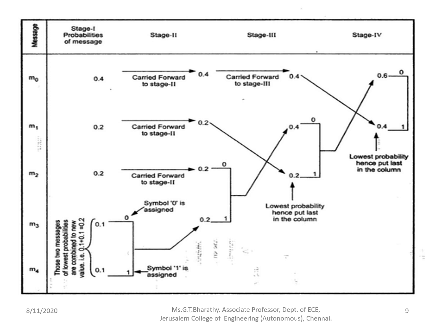And 0 and 1 are assigned to the last two probabilities. Then the last two probabilities are summed. 0.2 plus 0.2 gives 0.4. So in stage 3, again at each and every stage the probabilities should be in decreasing or descending order. So this 0.4 is placed here and this 0.4 is carry forwarded here. This 0.2 which is pending is written here in decreasing order.